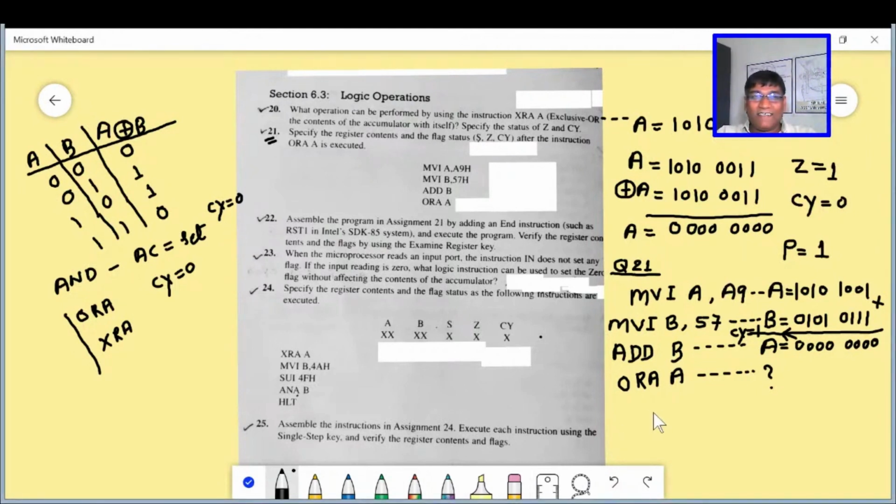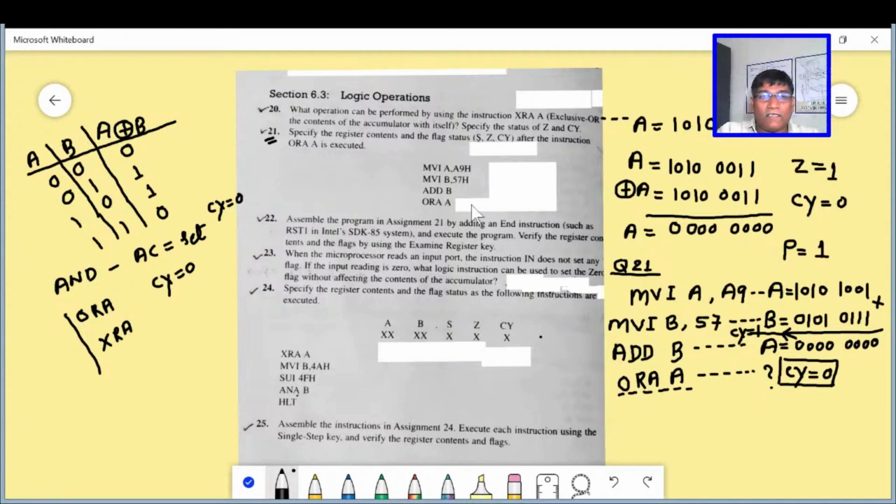As we have already explained, it is written on the board: for all the logical operations, after performing a logical operation, this is very important, it is an OR operation, the carry will be reset. Whether it was set or not, it will be reset after a logical operation. This is a very important thing about the logic operations.